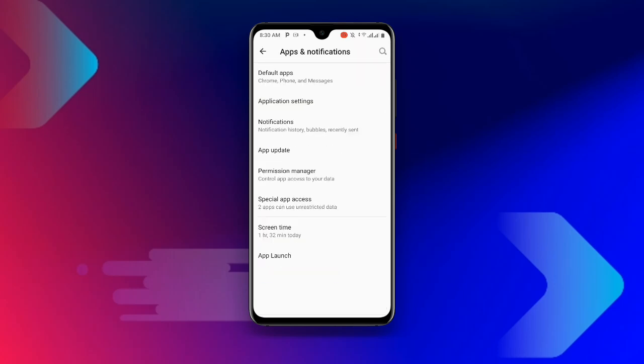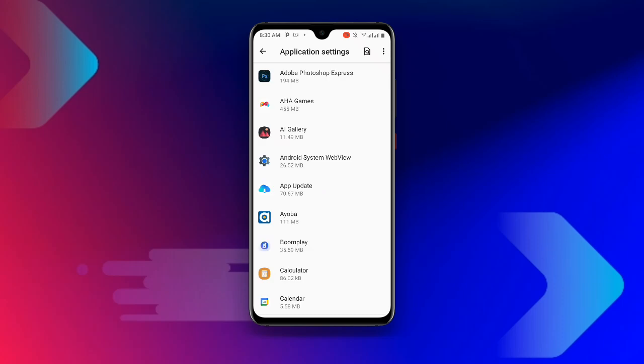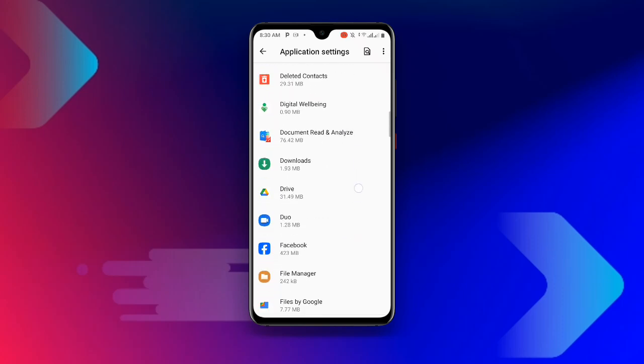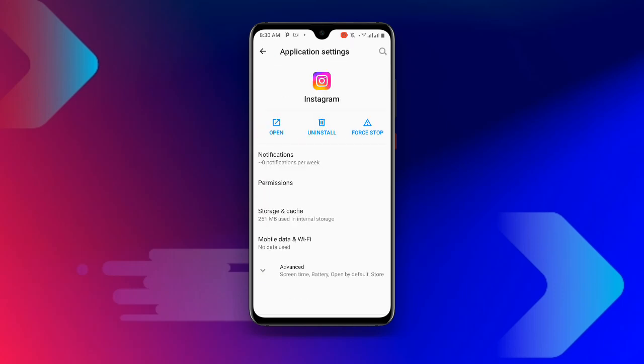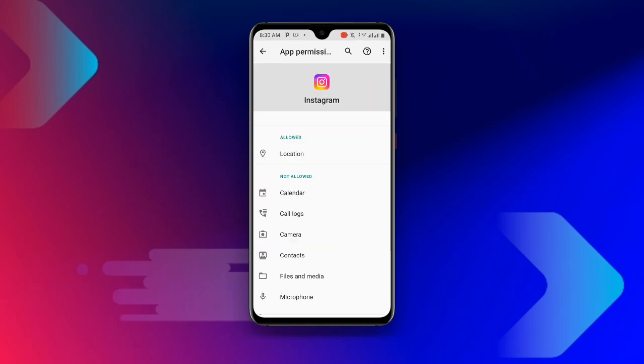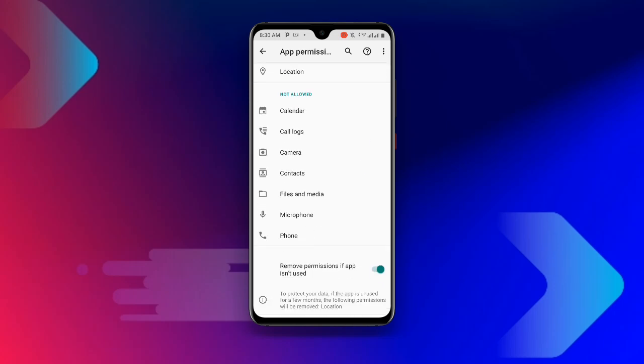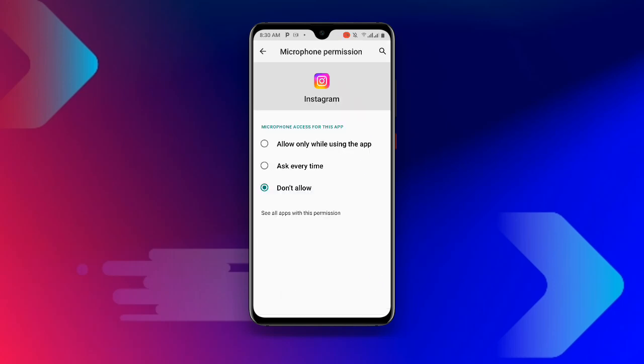Now just click on your apps over here and look for Instagram. Now once you click on Instagram, just click on permissions, and once you click on permissions, scroll to where you can see microphone. You need to make sure you allow microphone over here, so you can see allow whilst using this app, and you can see don't allow. You need to make sure it is on allow,